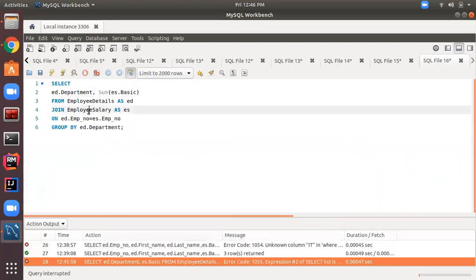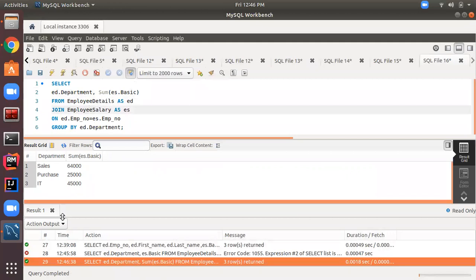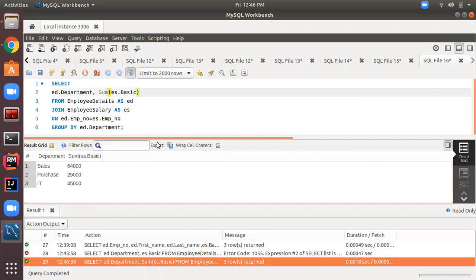Okay, so let's execute this. Yeah, this time it's giving the sum of the salary. It's grouping our data based on department, then adding the basic of those. Let's suppose we want to find the maximum salary, then instead of sum we will give max.